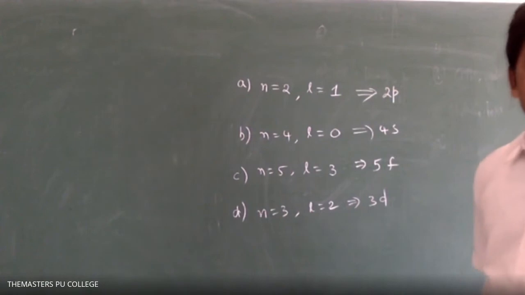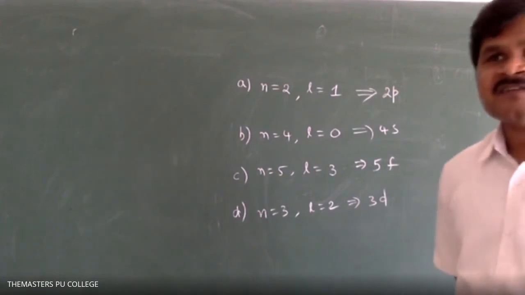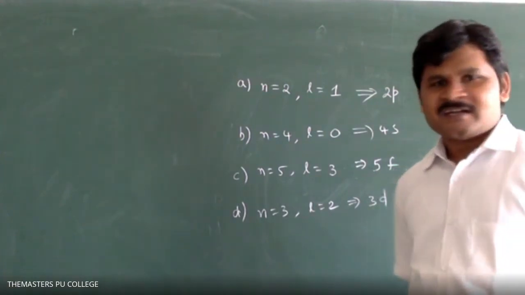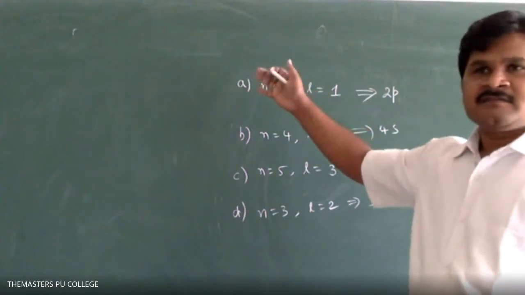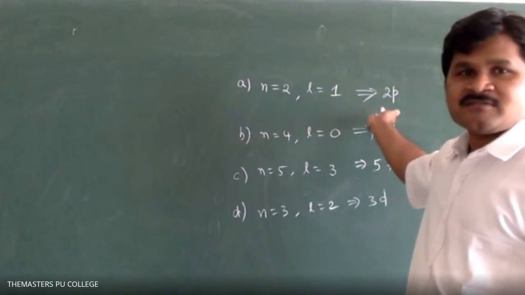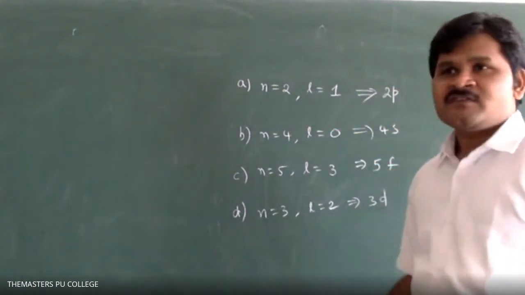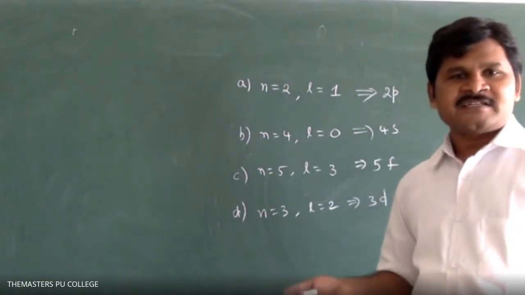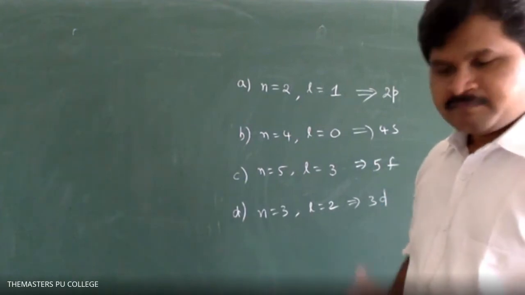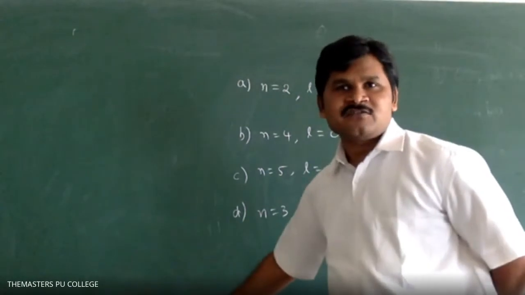This type of question is also important. But to write the answer for this question, what do you require? L values. Without L values, you cannot write. If you know the L values, then only can we write the possible orbitals. If you know L values, we have to know its orbital also. So that's why L values are very, very important. Clear? So this is about the energy of orbitals and the related question.